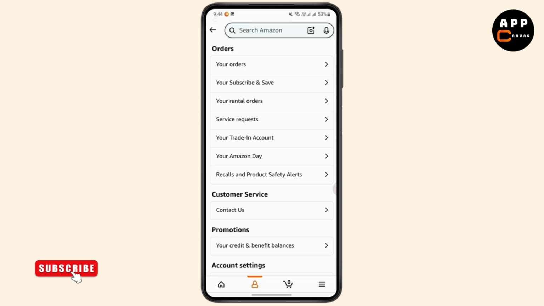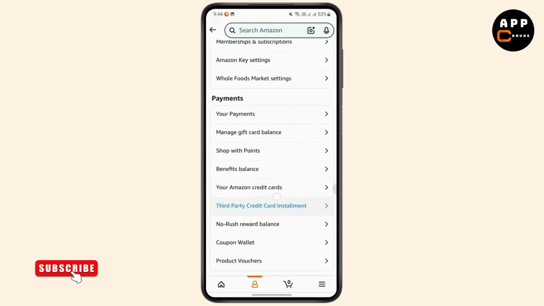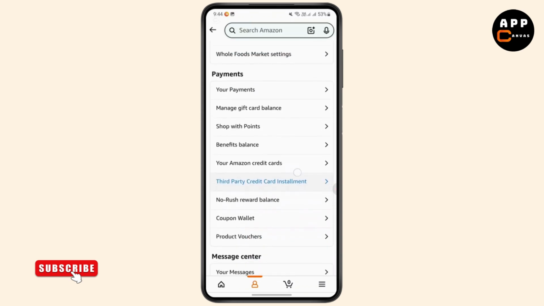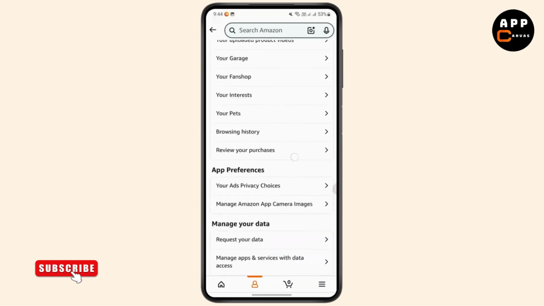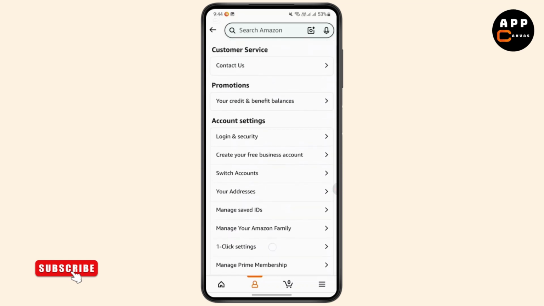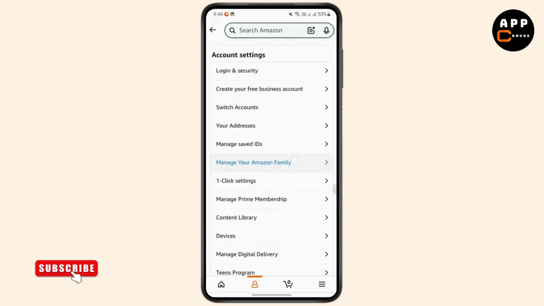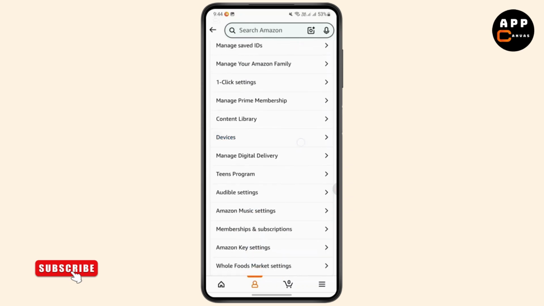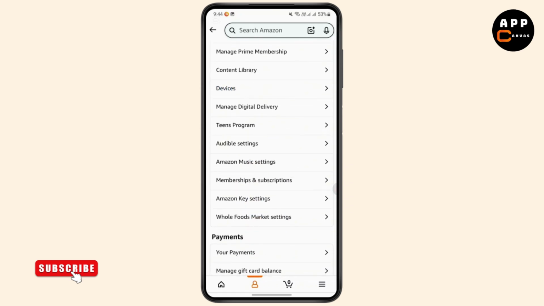After selecting that, you will be finding lots of options on your screen. Scroll down, and here you should be finding payments and everything. You may scroll down still, and then here you should be finding account settings. You need to scroll down to reach over here. All you gotta do is look for the option called membership and subscription. Tap on it,